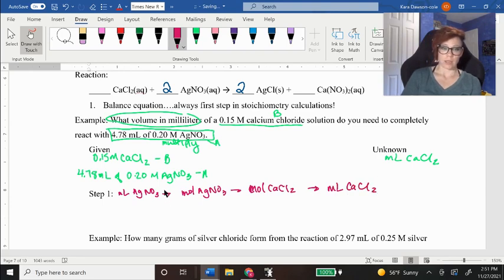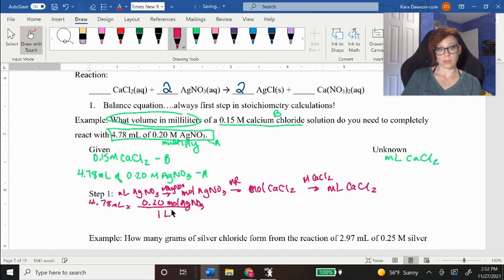So again, this is going to be my molarity of AgNO3. This is going to be my mole ratio, and this is going to be my molarity of CaCl2. So to start, 4.78 milliliters times line. I have 0.20 moles AgNO3